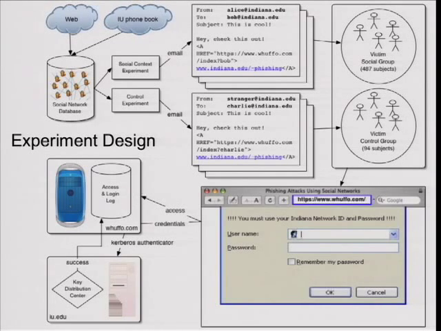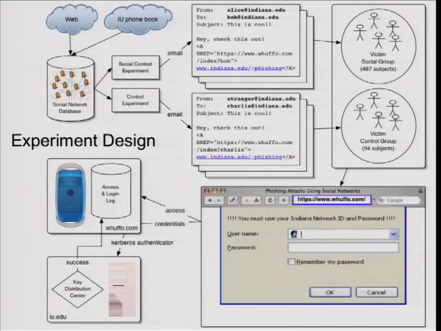And from Indiana University alone, we got 43,000 such relationships. Now, we only used around 500, which was sufficient, we thought, to get statistical significance. It turned out that it was much more than significant. We thought we would get a rather small yield, but we got a tremendous yield. What we did was that we sent an email that appeared from a friend, and we said, this is cool, check it out, and then a link. And we did the same with the control group. The control group, it came from a stranger in the same domain.